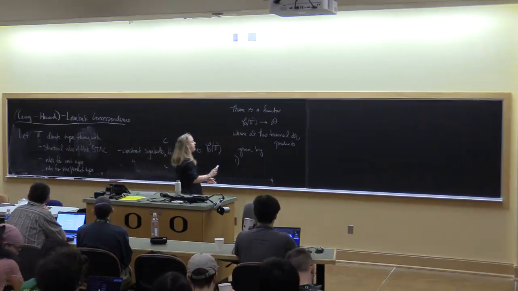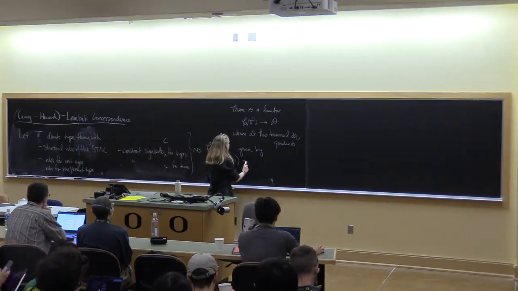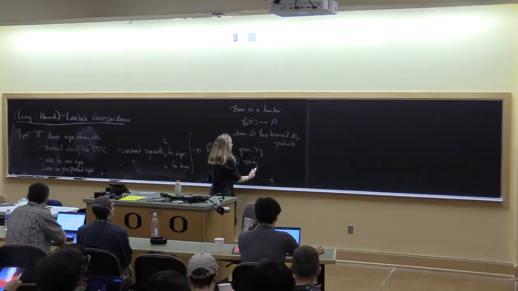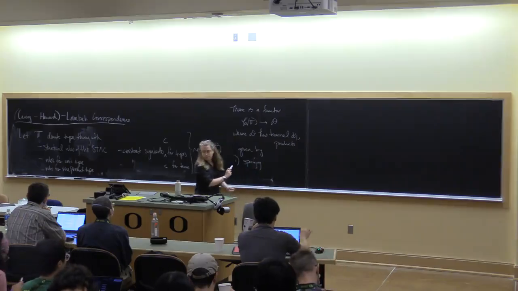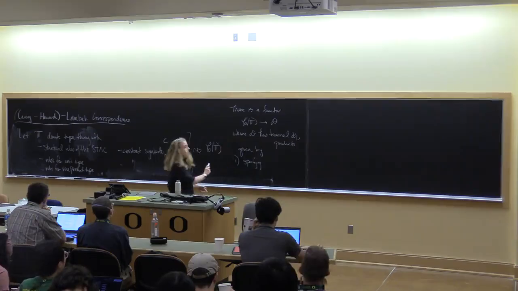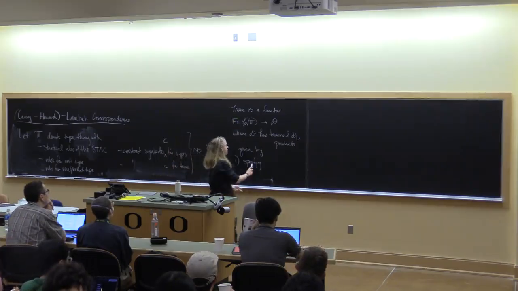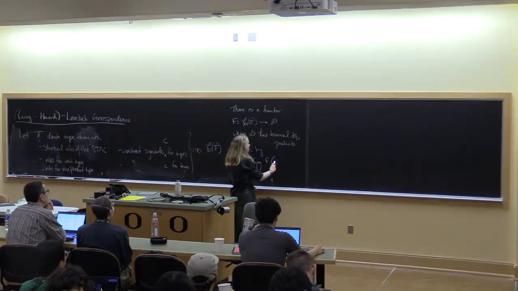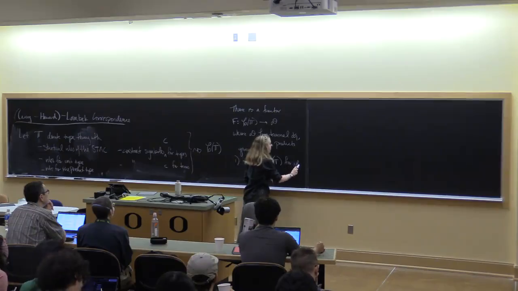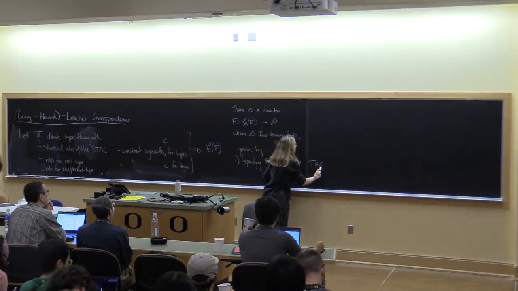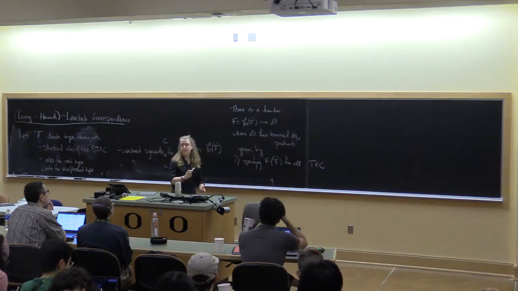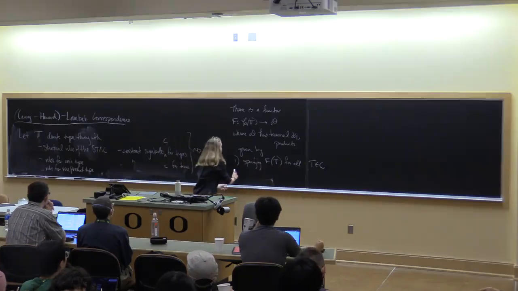So we want to say it's given by specifying, let's see what notation I use here. Let me give this a name. So it's given by specifying f of t, let's say, for all t in our set of constants C, and